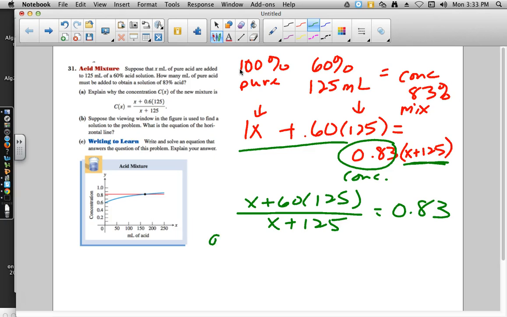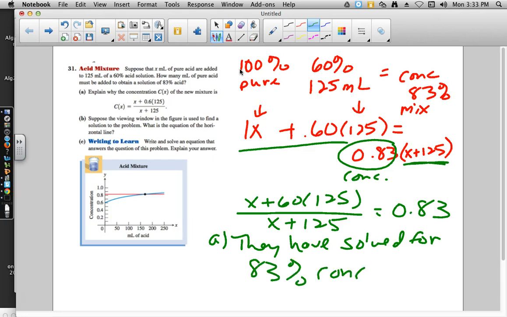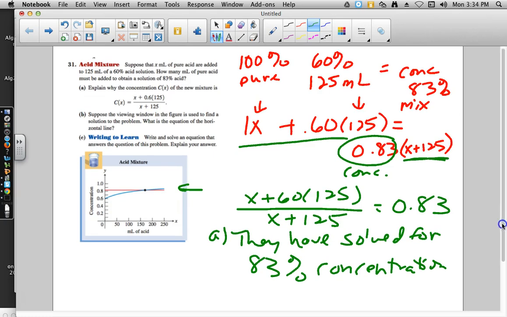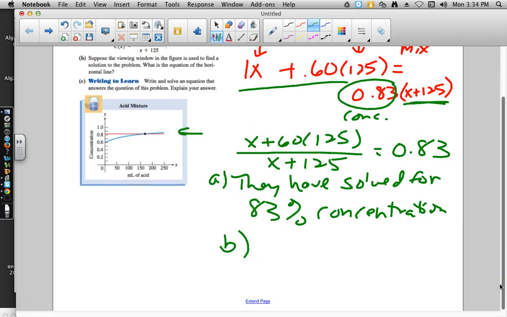My explanation for A would be they have solved for 83% concentration. And that's what the C stands for, is the concentration. And then B says, suppose the viewing window in the figure is used to find a solution to the problem. What is the equation of the horizontal line? Well, taking a look at this, we can see that it's a little higher than 0.8, and we figure out, oh, wait a minute, they're looking for the 0.83, that 83%. So that'll be y equals